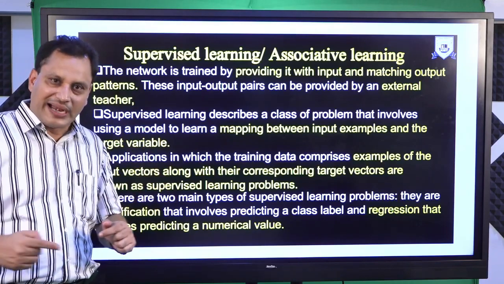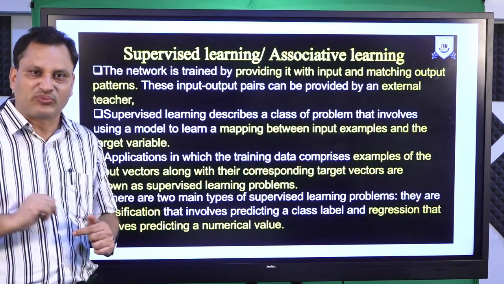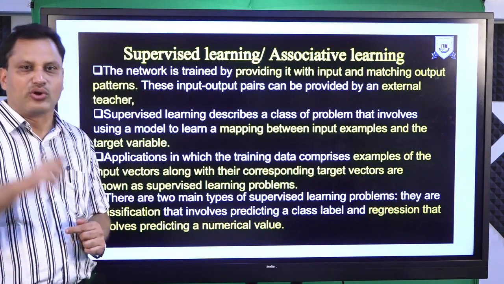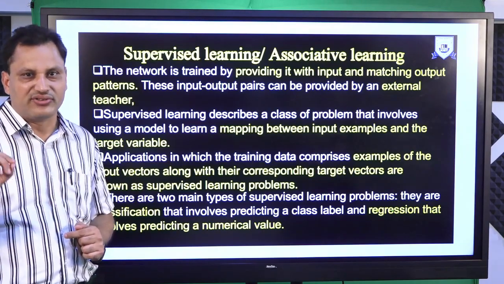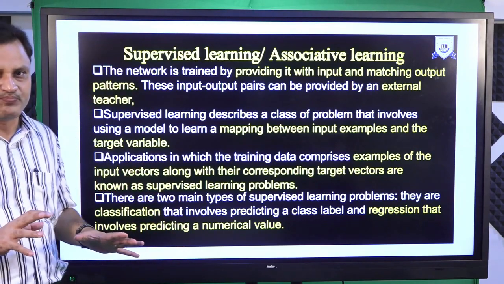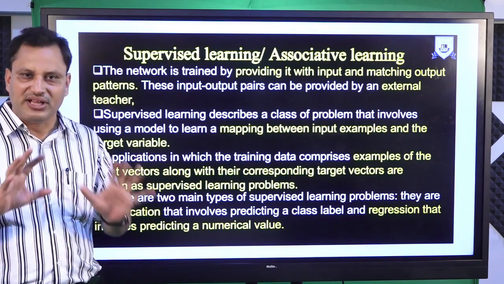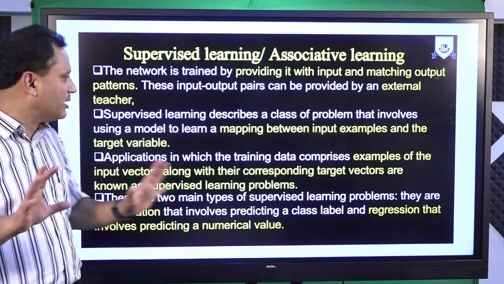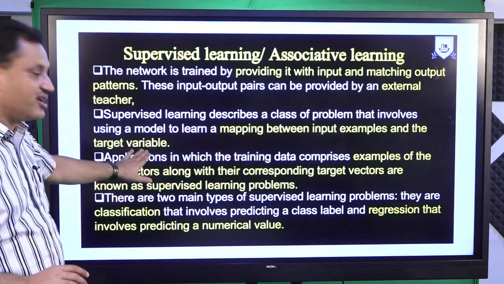Now the neural network gets trained for a particular set of inputs, and it tries to achieve the expected output. If there is a difference between the expected output and the actual output, we train the neural network again until we get a minimum error. I am not saying zero error, which would mean complete. Let's say at a particular point of time we are passing hundreds and thousands of training patterns to the neural network, and we feel that now the error is optimized. We reach some threshold or equilibrium, the mapping between input samples and the target variables.